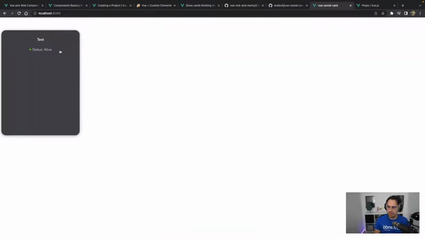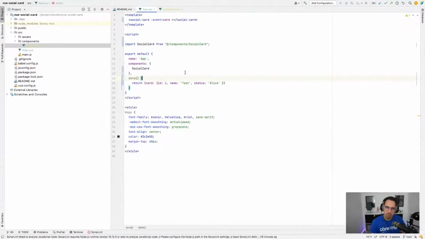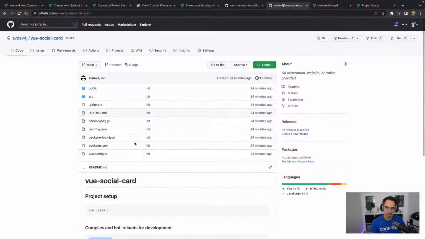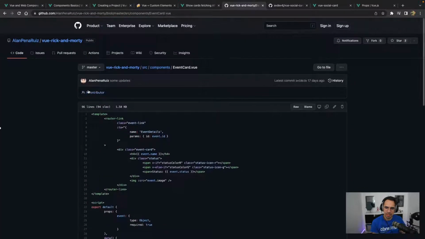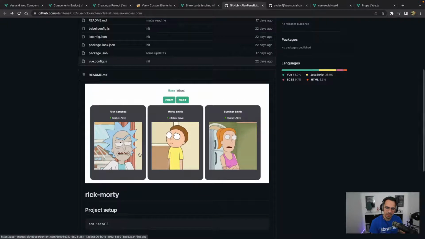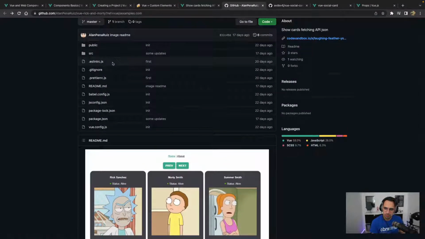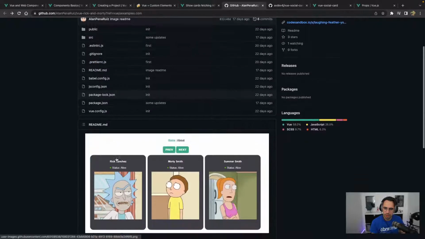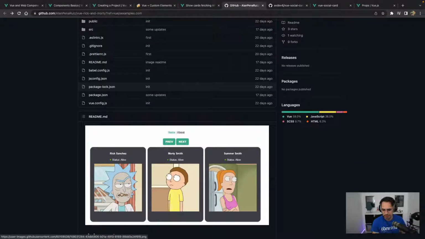Live. So now we have the status alive. So once again, this has been extracted from this application that's displaying the characters from the Rick and Morty cartoon. So we have the name, you have the status alive or not, and then you have the photo. I'm just trying to figure out how we can reuse the image, and then we will maybe try to make things a bit different. Let's say, I don't know, remove the status and add more